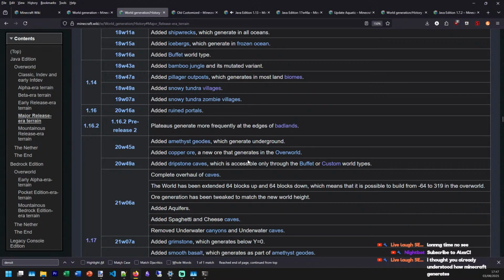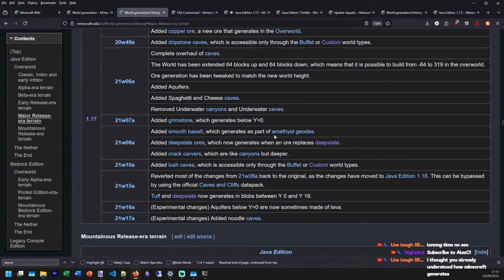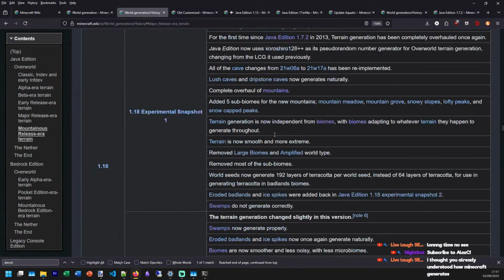And then 1.16 they data drove it even more. Now 1.17 all went crazy.